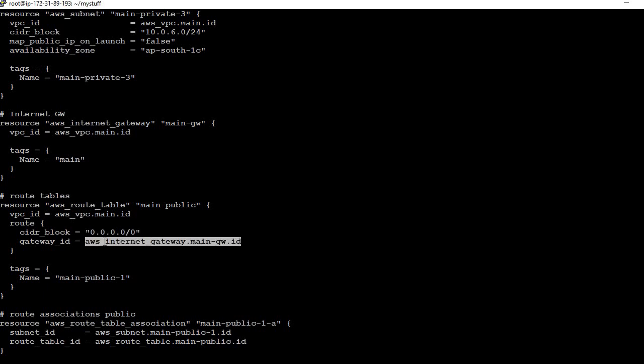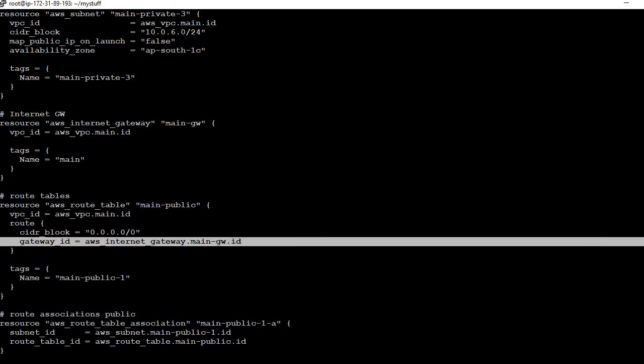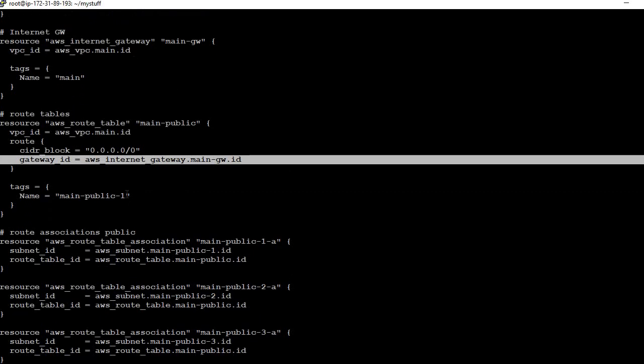The gateway ID is this. So all the instances in the public subnet will have access to the internet. That's why we create the internet gateway and the route table according to this.